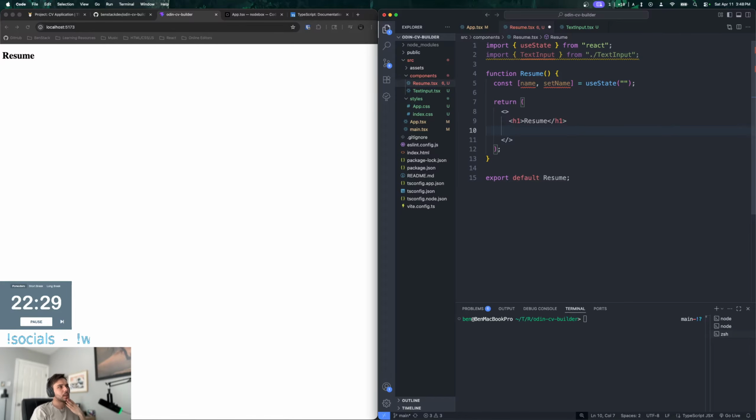Or not name, I'll just say text, because I'm going to do this with a bunch of other text inputs. Yeah, so we'll have a paragraph tag with the text in it.